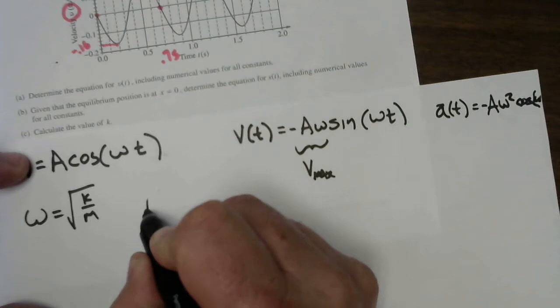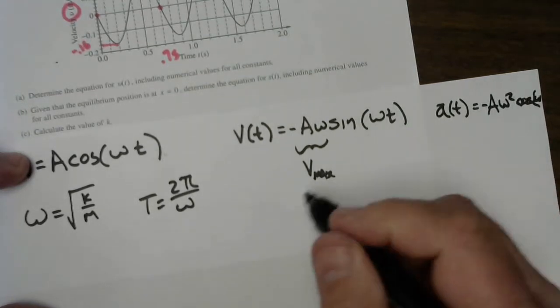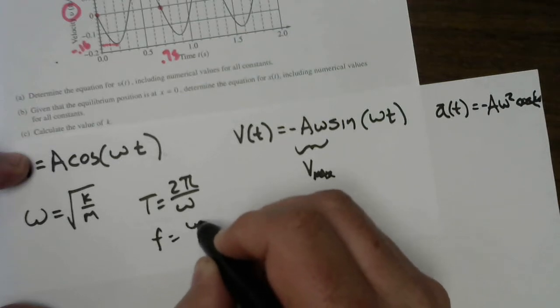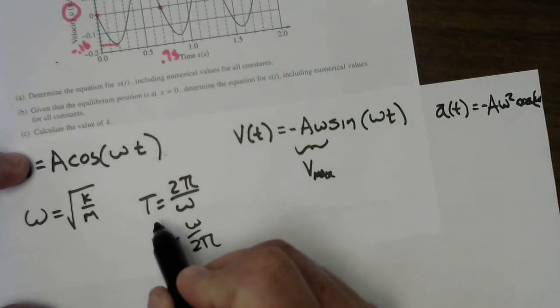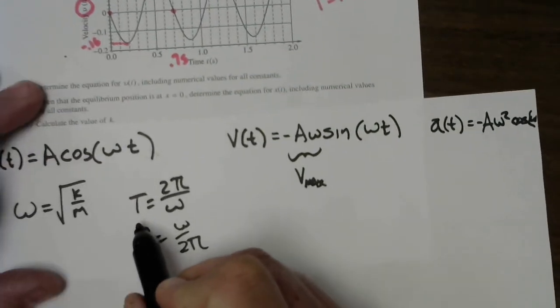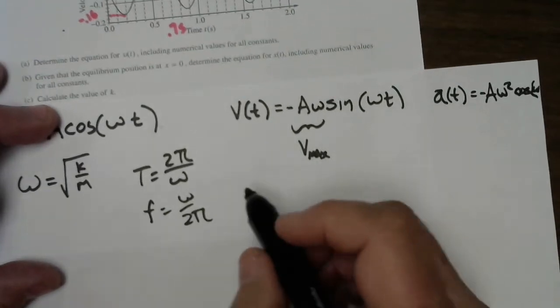We know that the period is 2 pi over omega, and we know that the frequency is omega over 2 pi. Now that's interesting. This one is very useful to us because we do have the period, so we can find omega. Excellent. Oh, we're cracking this nut really fast. All right, so